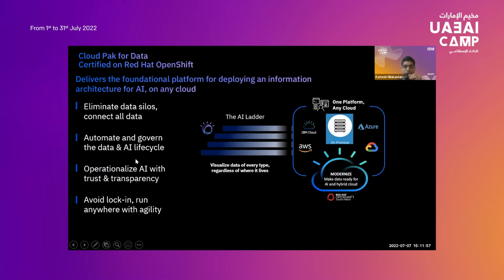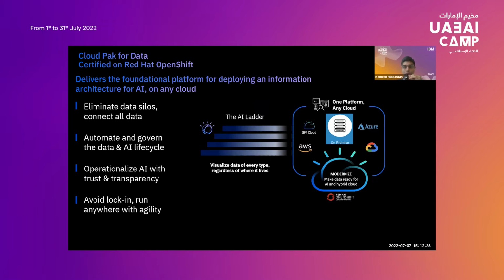The second is, of course, to have well-governed data with proper lineage and quality. And of course, then comes all of the machine learning and artificial intelligence that you do once you have the necessary foundation in place. And last but not least, we are not tied to any particular cloud. What we are telling you essentially is we can run anywhere. We can run on IBM Cloud, we can run on third-party clouds, or we can run within our clients' data centers. So it's a flexible solution in terms of deployment,